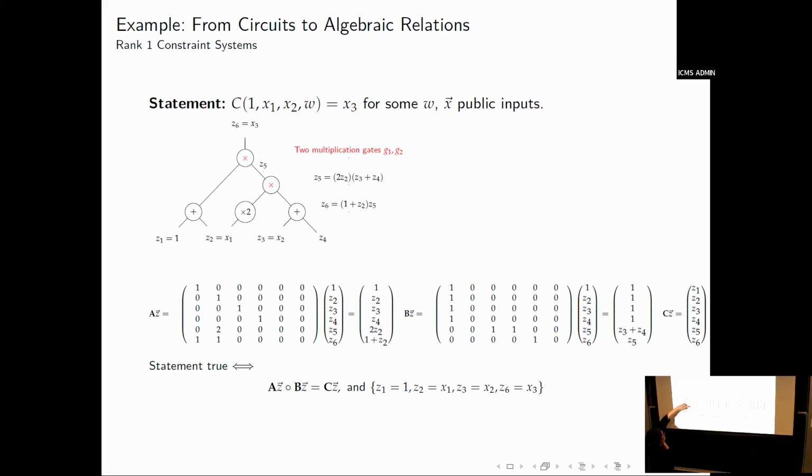Anyway, the point is that if the left gate is 2Z2, then you put a 2 in the matrix. If the right output is Z3 plus Z4, you put two ones here. So in some sense, all the additive gates and constants that come before a multiplicative gate get absorbed into the matrix, so that finally my problem is of the size of the inputs plus the number of multiplicative gates. You can look at this in more detail, but the whole point is that I'm rewriting a computation, which is a circuit, as a problem called rank 1 CS,